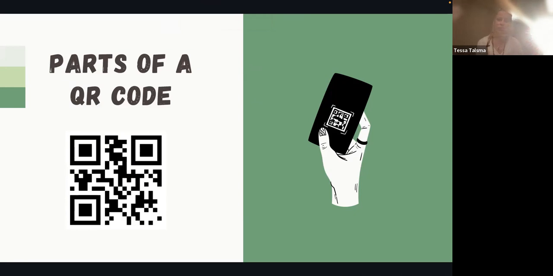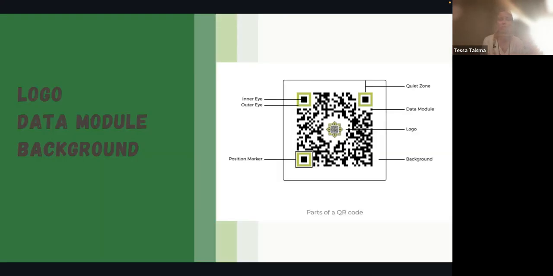And the reason I want to talk about the parts of a QR code is because it kind of helped me understand how they work once I knew each part and the function of each part, if that makes sense. Because I understand that you scan it and it sends you to a website or whatever it's trying to send you. However, once I knew the parts and their function, it made sense to me. So the first thing I want to talk about is the logo, which is in the center